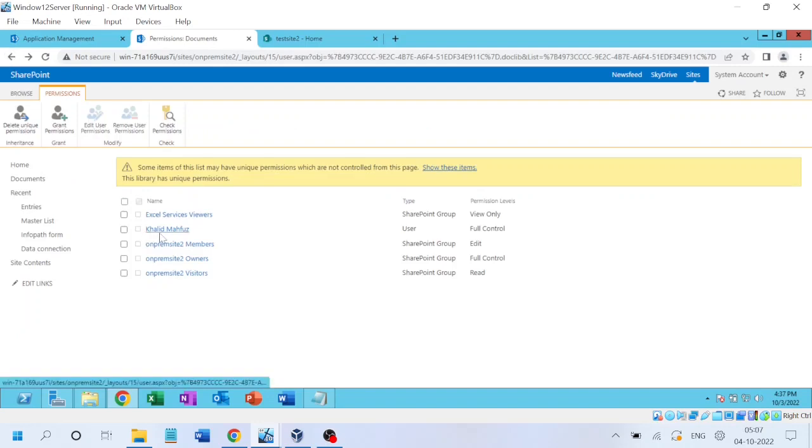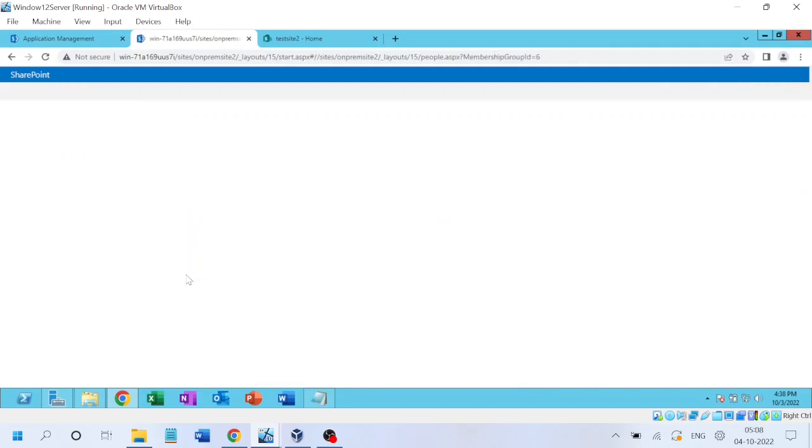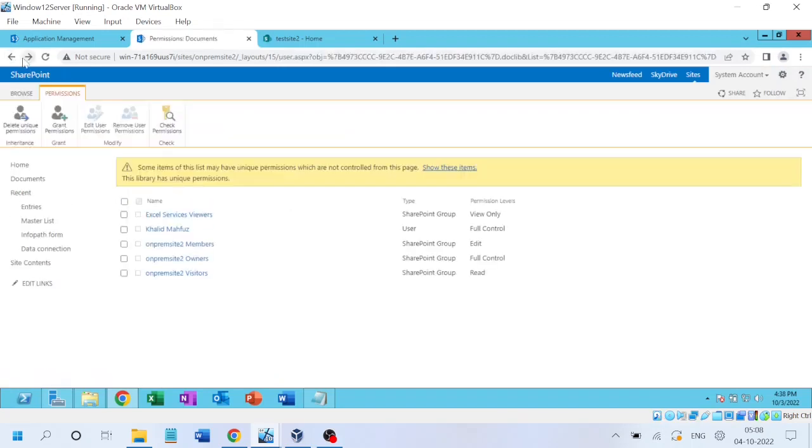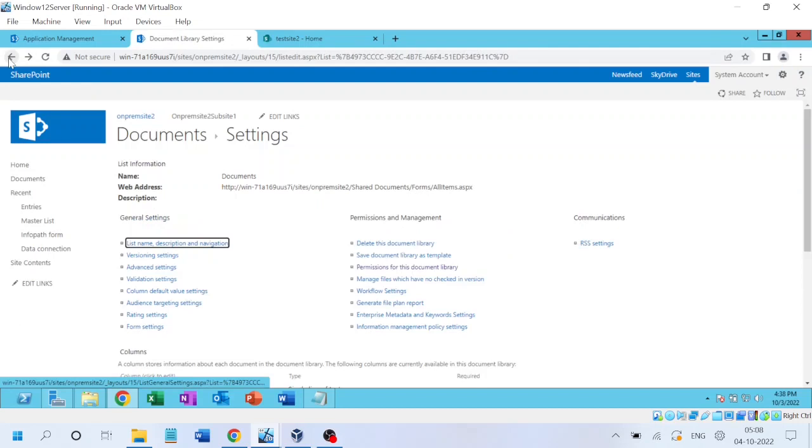Okay, so my user, outside custom permission. Within the owners group we have administrator and on-prem user 1. Visitors and members are empty. There are no users within these two groups. So this is the permission setup for the document library,